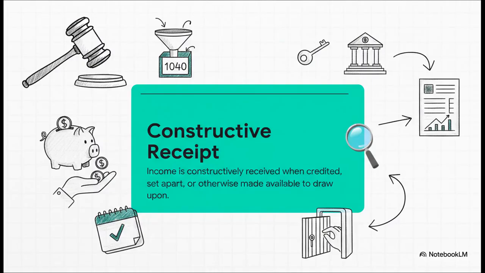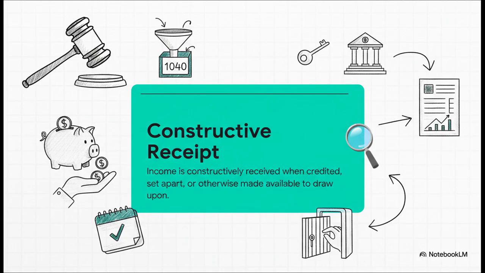Now, this idea of constructive receipt, this is the linchpin. This is the whole key to shifting that income back where it belongs, onto the final 1040. It's not about whether they had cash in their hand, it's all about control and unrestricted access. So if interest was credited to your client's bank account the day before they died, it doesn't matter that the paper statement wasn't printed yet. They could have taken it out. It was available to them.